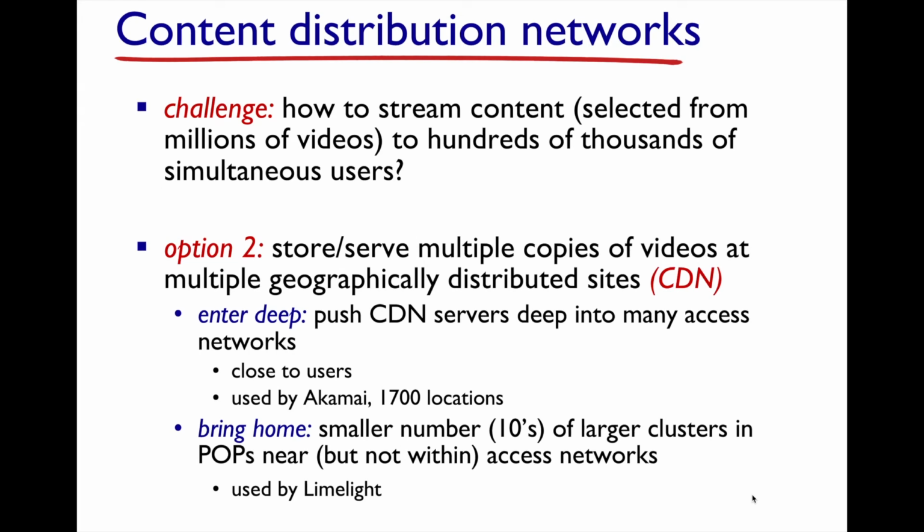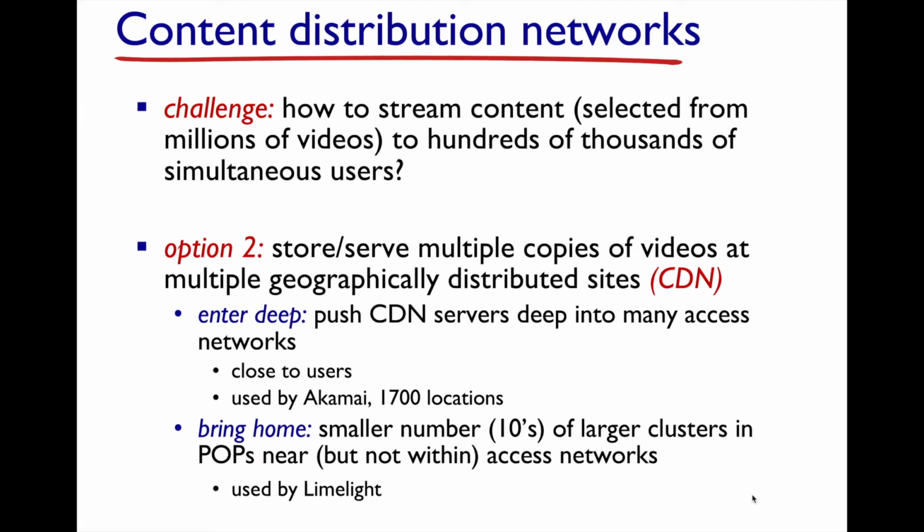And the other option is to have multiple copies of that video in different geographically distributed locations, right? So maybe one copy somewhere in the mid-Atlantic, another copy serving large metros. Someone like New York City might have its own copy if you're a very large city. But if you don't have a lot of very large cities, maybe one data center serves an entire region. And so this geographically distributed set of copies of data managed by servers is called a content distribution network.